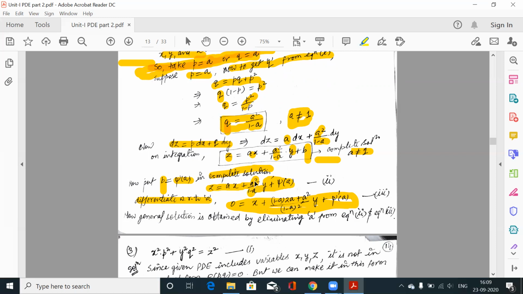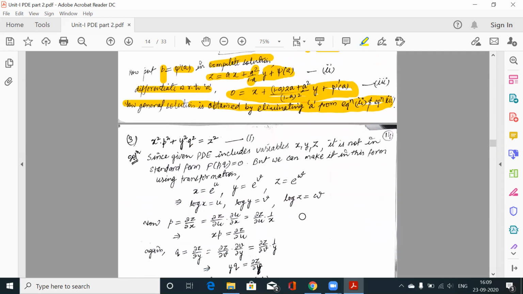So now again you have to differentiate it with respect to a. So this is u upon v type, function of a divided by function of a. So using the division formula for differentiation, and this is psi a, so the differentiation is psi dash a. So now to get the general solution, because the elimination is not possible, you can observe from these equations that the elimination of a is very typical, or maybe it is impossible. So we simply write the general solution is obtained by eliminating a from equation 2 and 3. So in this way we will get our general solution.